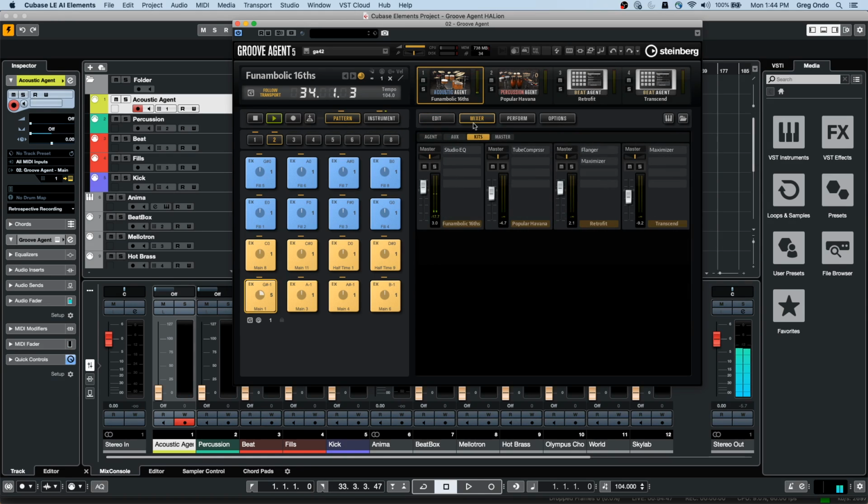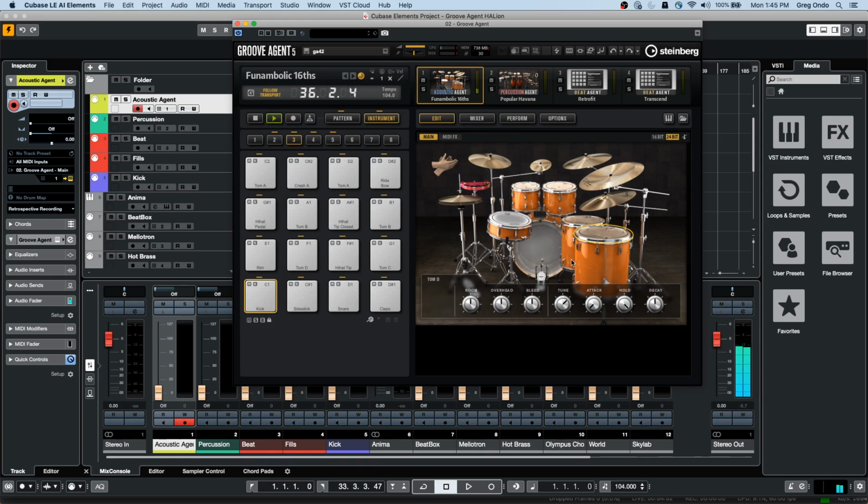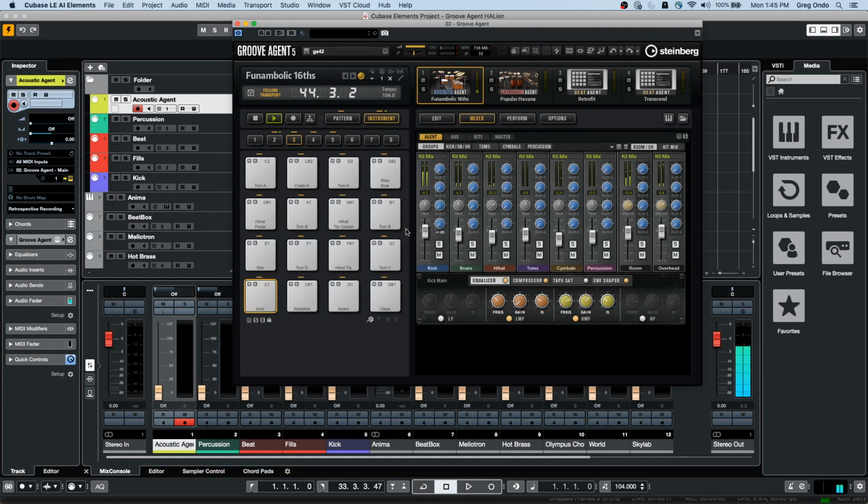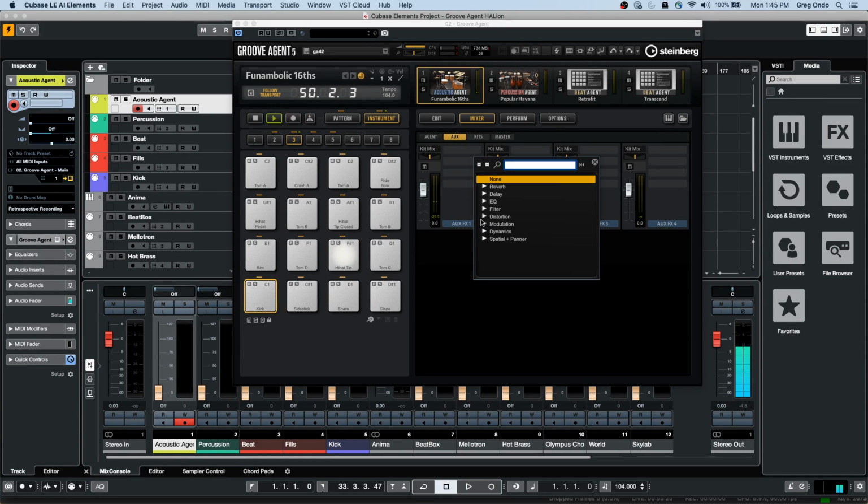And of course you could come over here and have full mixing capabilities too. So if I wanted to say I just take that particular snare and I wanted to tune the snare, or add more overheads, we'll have a full mixer for the agent as well. So each drum sound could have its own different effects and EQs. So I could come directly over here and add like an aux send. So if I want to add a reverb,